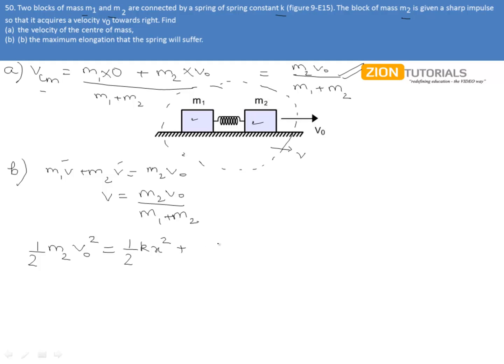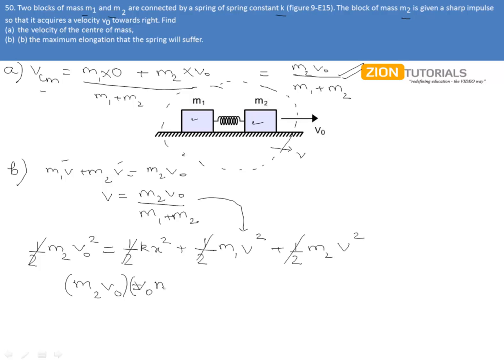Moreover, both the blocks will be moving with the velocity of v, and we are having the kinetic energy of half m1 v square plus half m2 v square. Cancelling the factor of half on both the sides and putting the value of v from this to this, we get m2 v0 square into